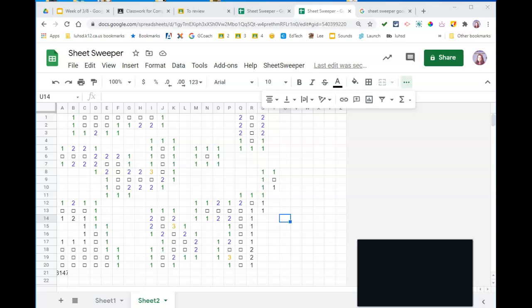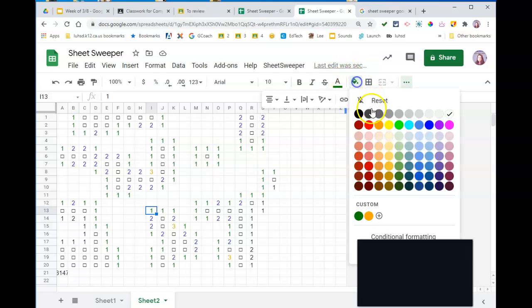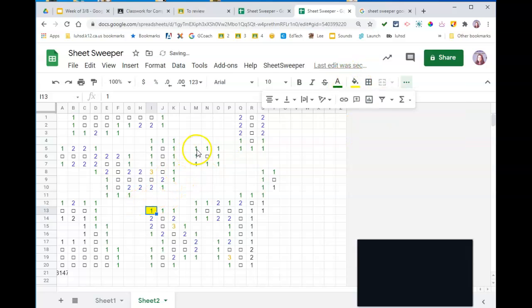So when you're playing Minesweeper, if you don't understand what the numbers mean, they tell you how many squares adjacent to that current square have a mine in them. So what are you talking about? Let's go with this square right here, this I-13. Somewhere in an adjacent cell to this I-13, sorry about that, in an adjacent cell,